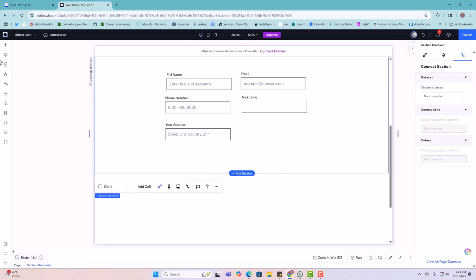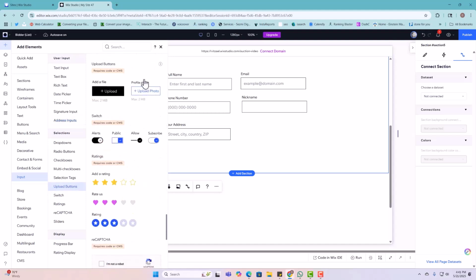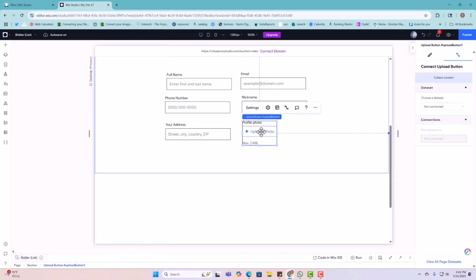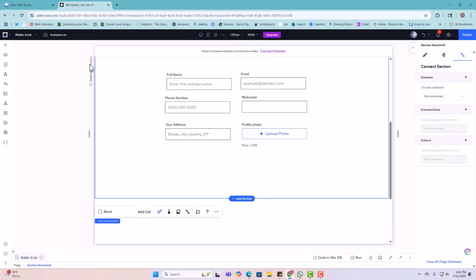And then we're gonna add a picture. So this is necessary because you want to make sure that if they bid on an element and they won, you know who you are dealing with. So image 1, and this is gonna be profile photo. Perfect. So that's it. So we can expand this,